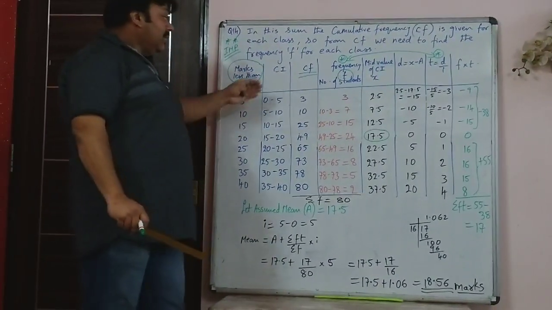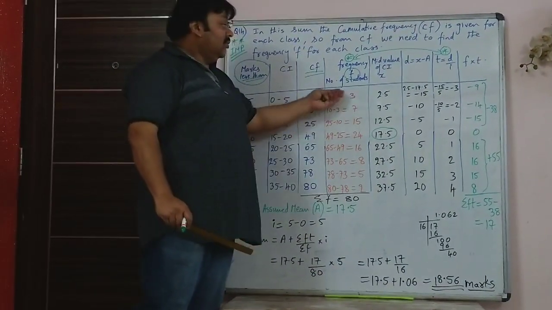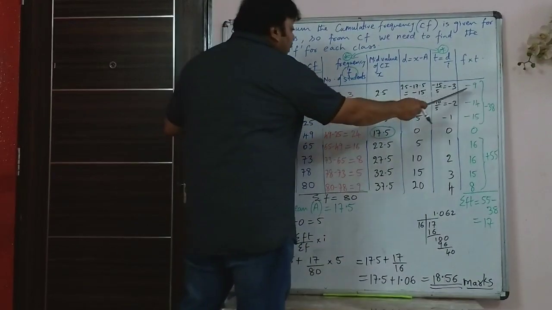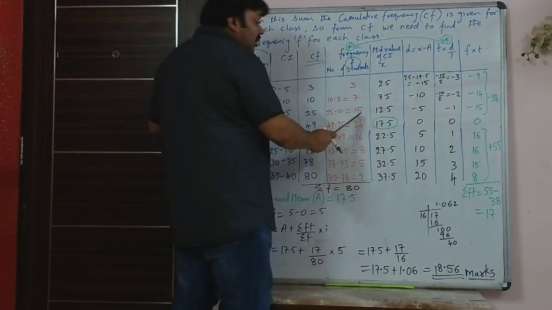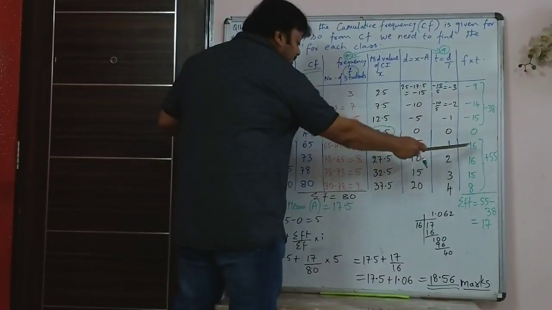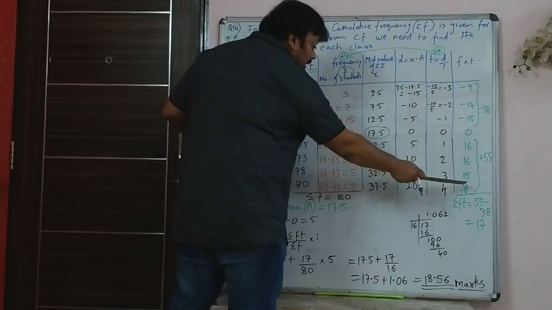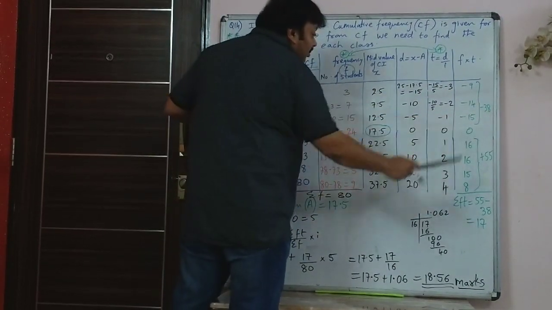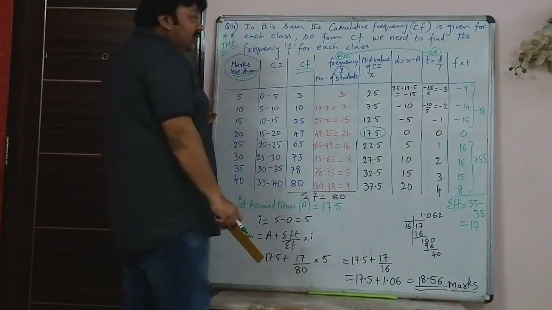In this case, because you are finding it from the cumulative frequency table, the frequency came here. It is not written beside t. So when you do 3 into minus 3, 9 with minus sign. 7 into minus 2, minus 14. 15 into minus 1, minus 15. This gives you 0. 16 ones are 16. 8 into 2, 16. 5 into 3, 15, and 2 into 4, 8. Positive values are added, plus 55. Negative values added, minus 38. So when I add these both, I get 17. That is sigma f t.